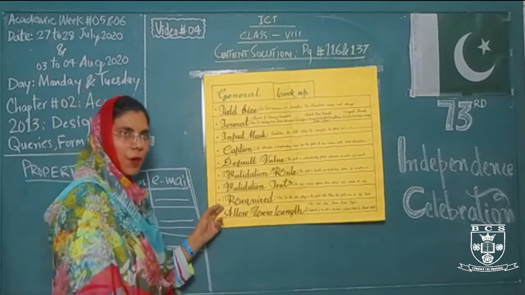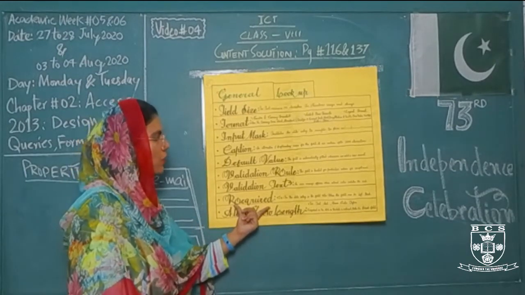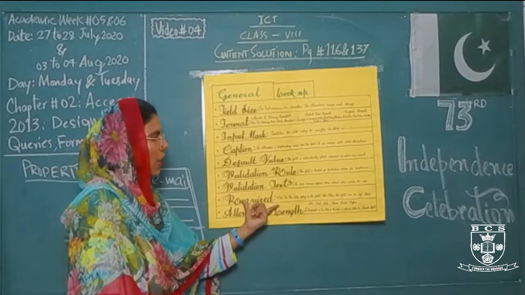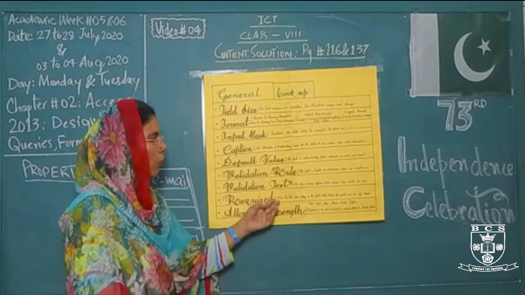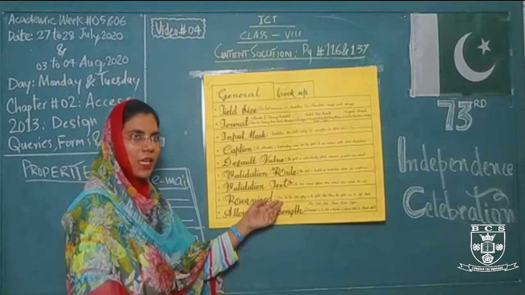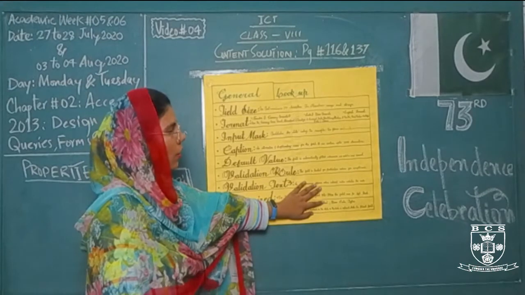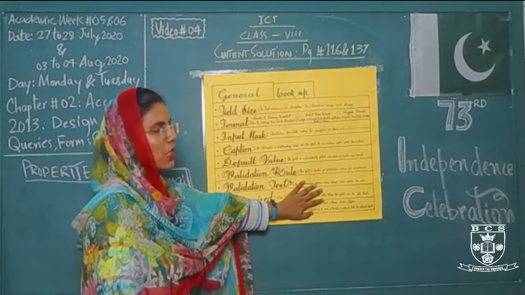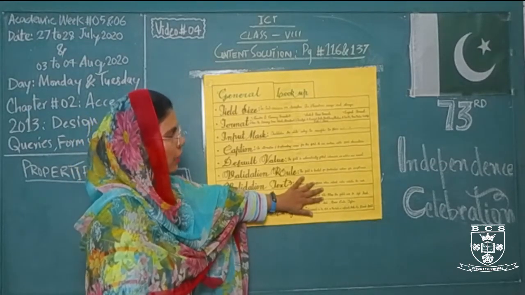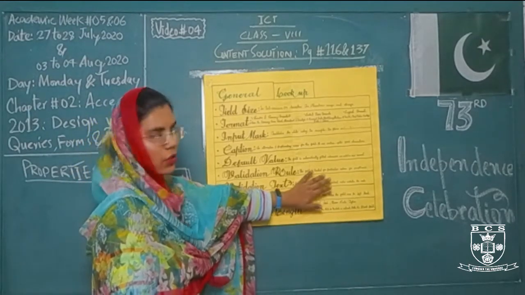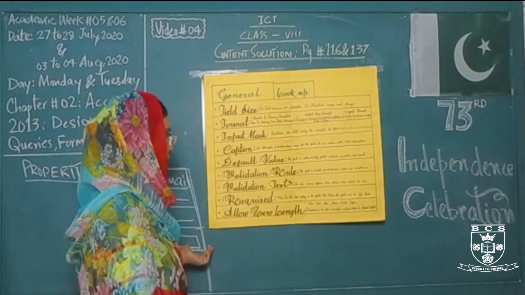If the data is present and I want to enter the data in the field, then I will set this field to yes. There are 2 different options in the required field. The first one is yes and the second one is no. If I want to enter data in the field, I will select the yes option, and if I don't want to add any data in my field, then I will set this property as no. And if I set this as no, it simply means that now I can leave this particular field blank.